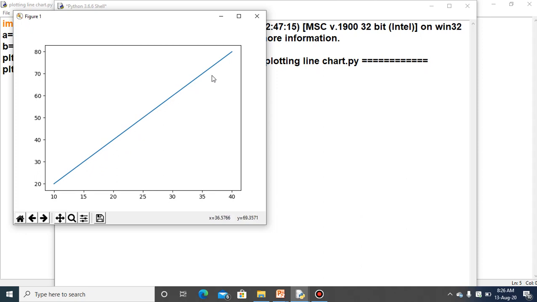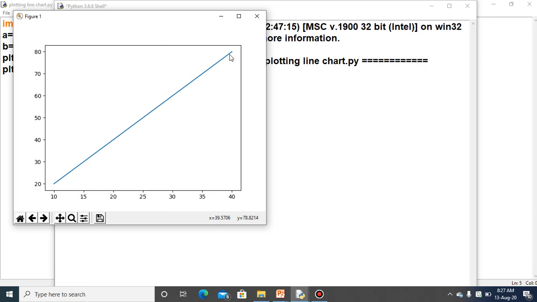be blue. We will see in the next topic how this color can be changed, and if you want to apply more effects onto the graph, suppose you want to create the label for the y-axis, the label for the x-axis, or you want to change this line chart. You don't want to create this line chart with a simple line, and you want to display some specific design in the form of this line chart. That can also be done with the help of this PyPlot module.